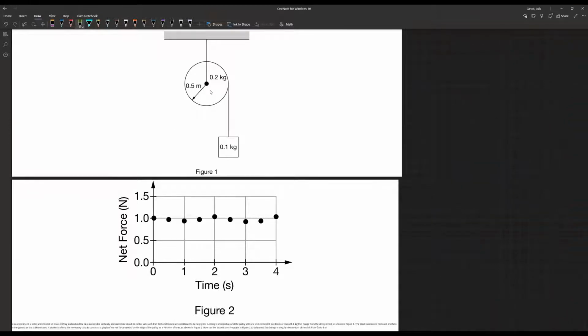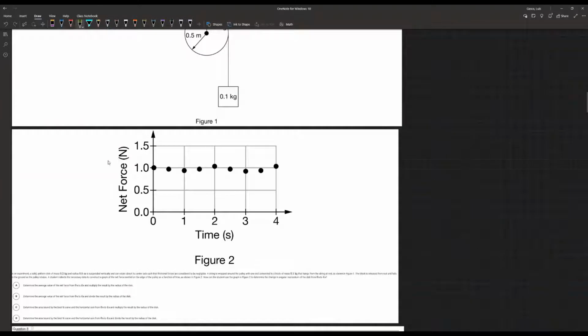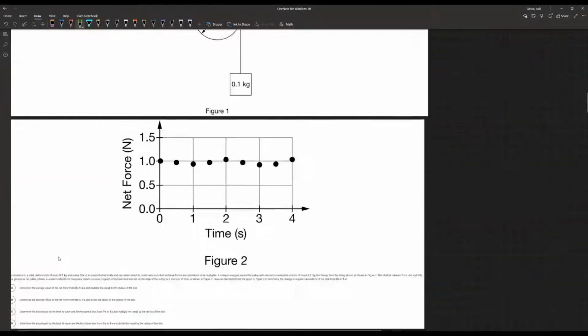All right. So we have a disc with a radius of 0.5 meter and a mass of 0.2 kilograms, and it is basically behaving as a pulley that will be torqued by the weight of a 0.1 kilogram mass. And they give us the net force here as a function of time. So it reads,